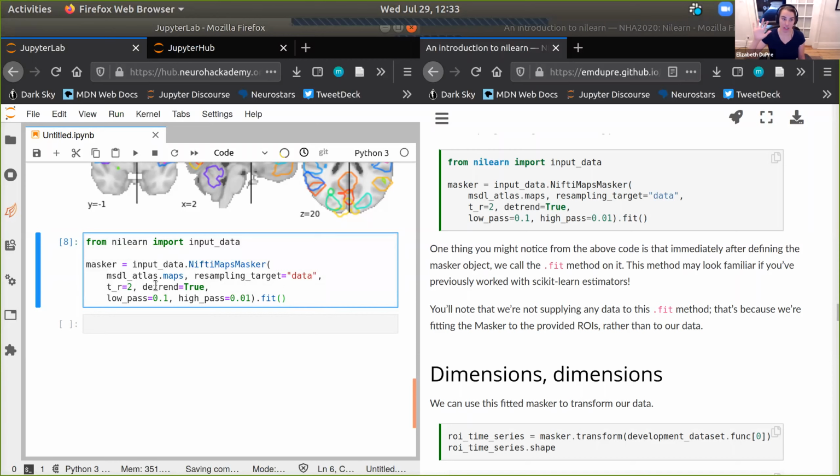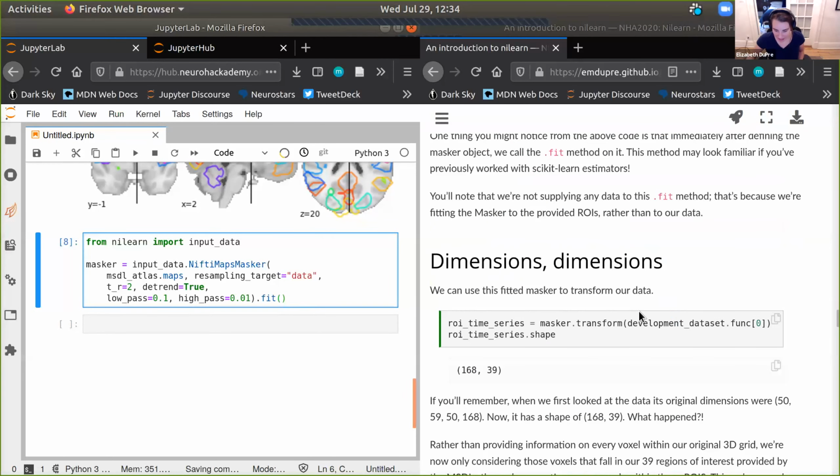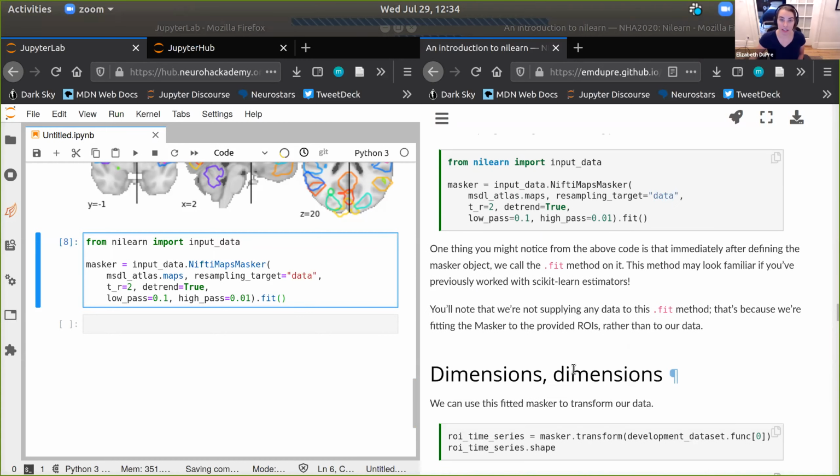We're just saying these are the ROIs we want to use, and this is what we're going to use to transform data that we supply to it, with these particular parameters. That often trips people up in the beginning, but it's a good thing to know. There's also a question about working with structural MRI data. I'll get to that a little bit later, but that's a great question.